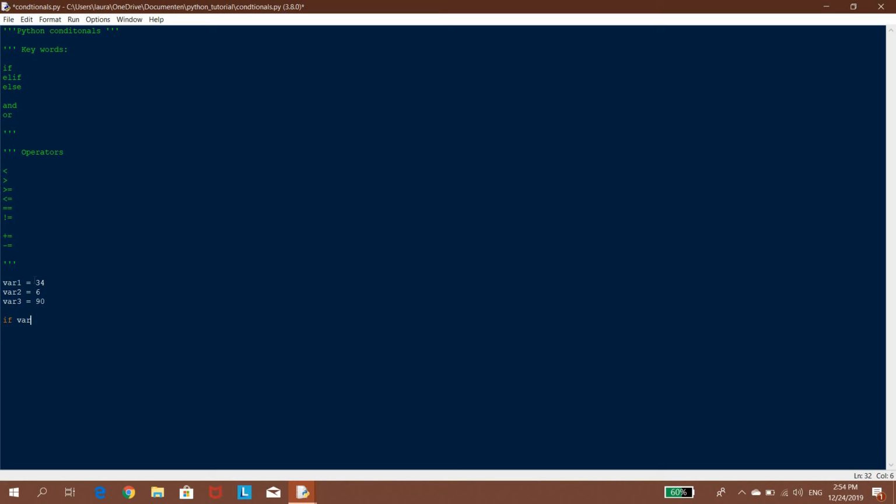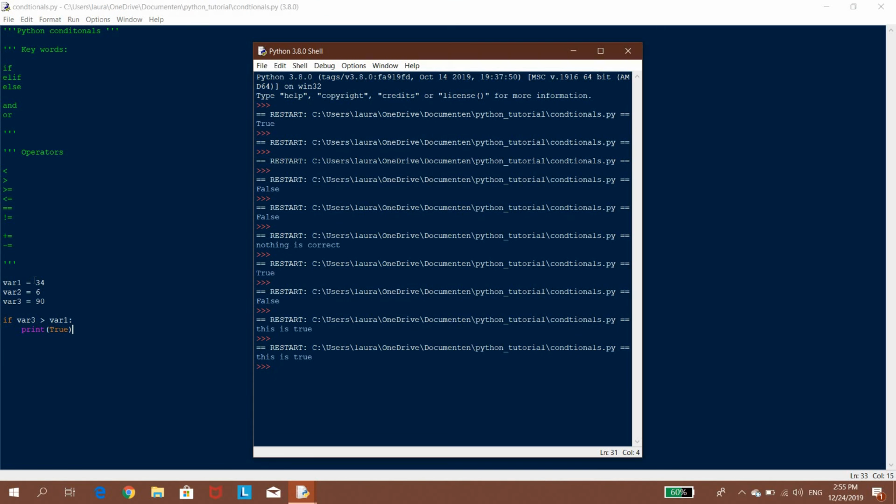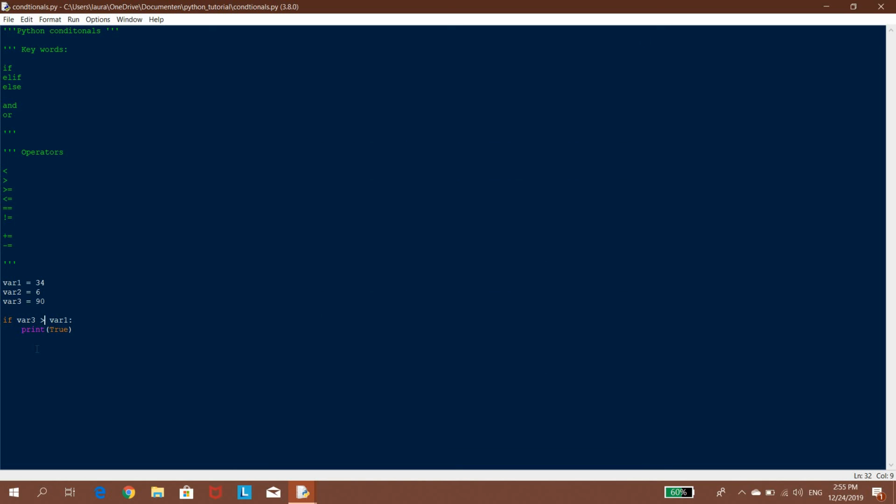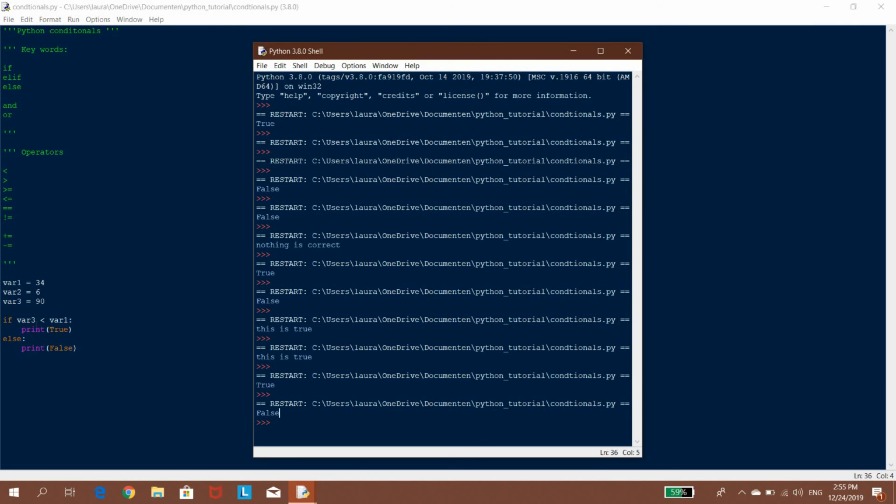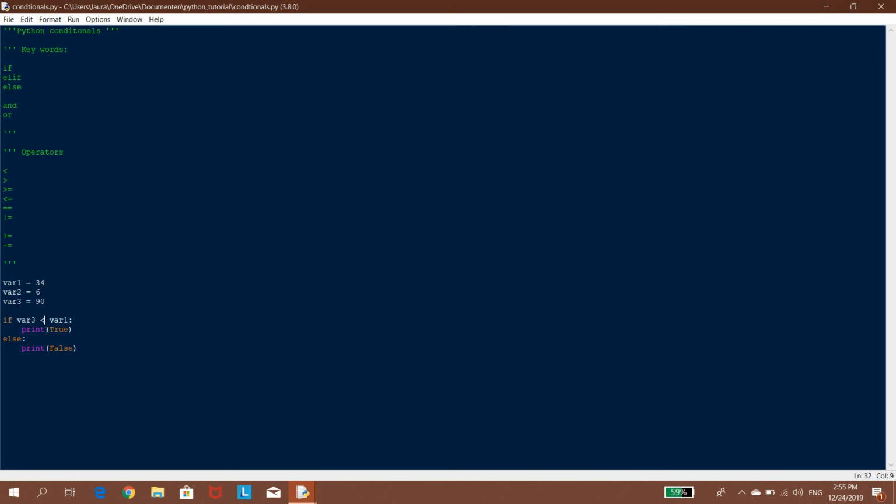So if var3 is greater than var1, print true. Okay, and we're only going to do true statements here. We're not going to make this too difficult. If var3 is less than, else, and see, if not, it won't print anything, so we won't get any output here. Gotta do something to get something, right? Okay, so if it's less than, if var3 is greater than or equal to,